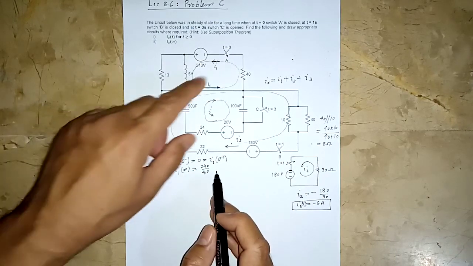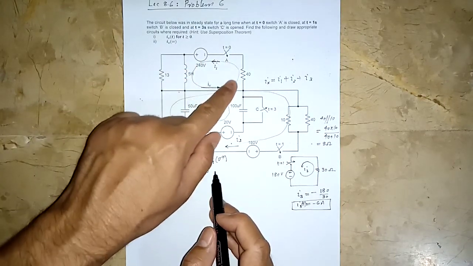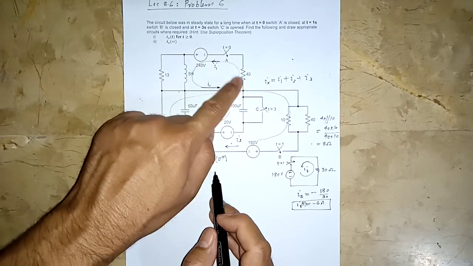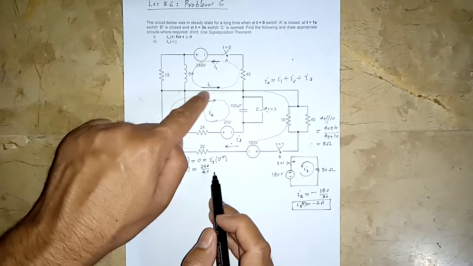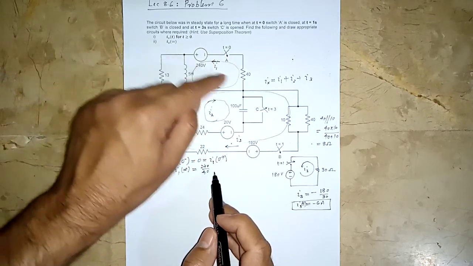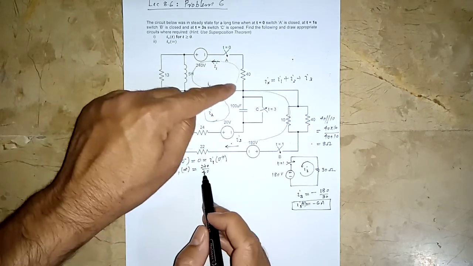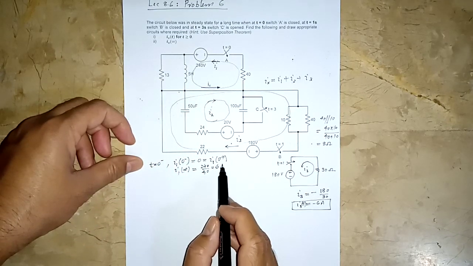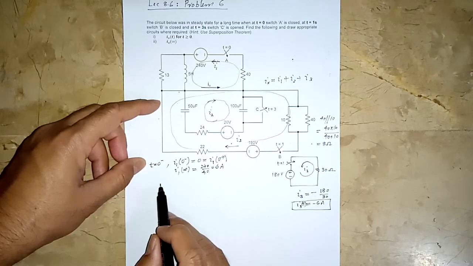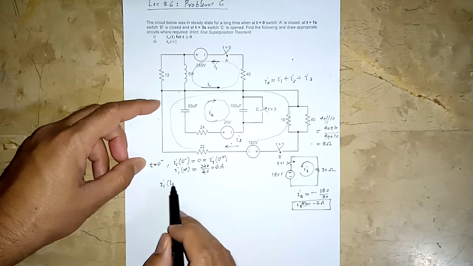Look at the directions and passive sign convention. It makes sense. So 240 volts appear across 40 in this polarity, plus here, minus here. KVL has to be satisfied. 0 volts here. It's shorted out at infinity. So 240 over 40 is 6 amperes. Final value. So what will be the expression for I1(t)?